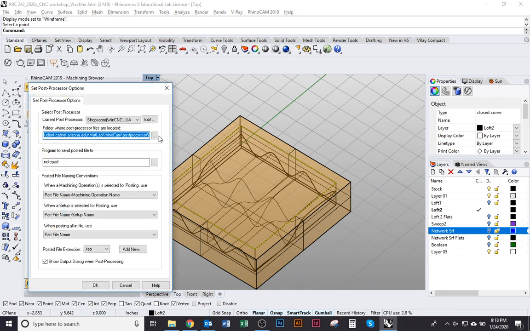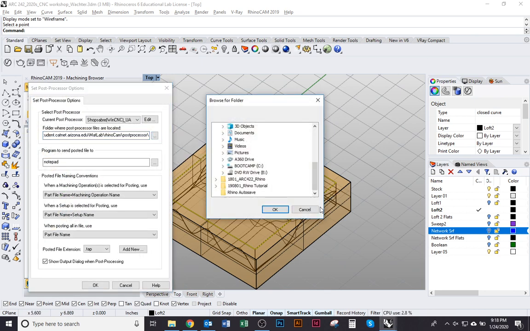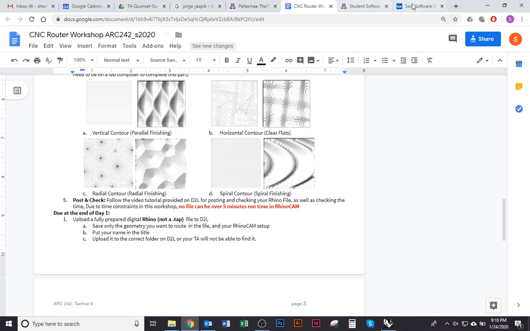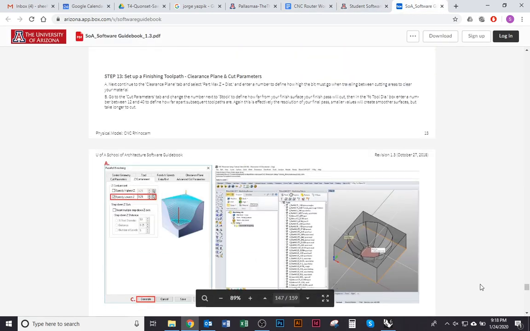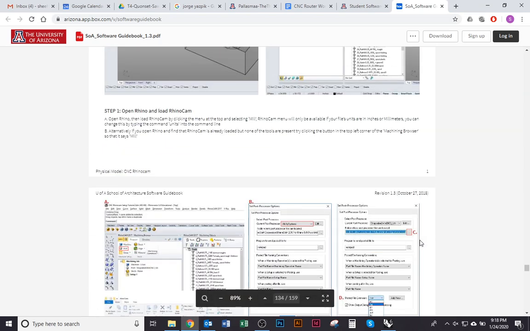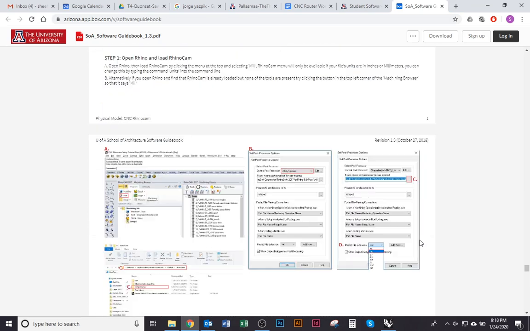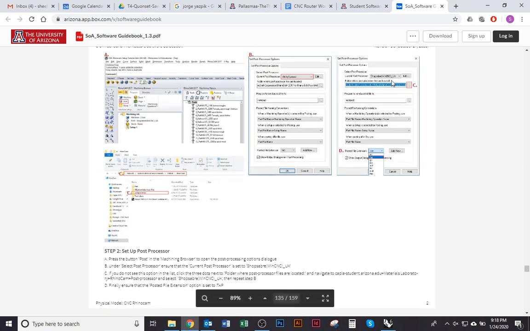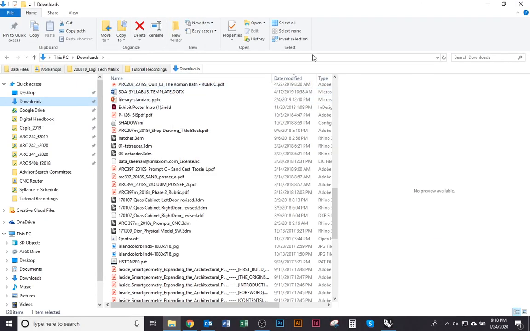processor. So again, in order to load that post processor, you'd want to go to the software guidebook and go up to the third page. Here, it's going to tell you that that's the directory you need to go to find the post processor, and go and open our file browser, type in that directory. It's //